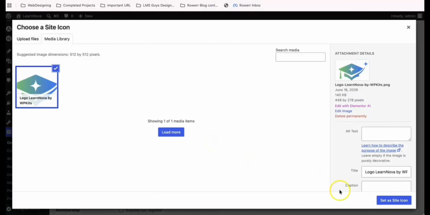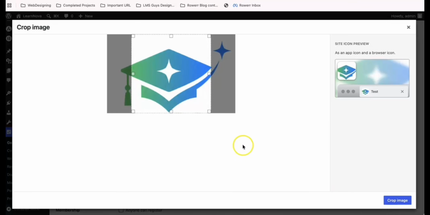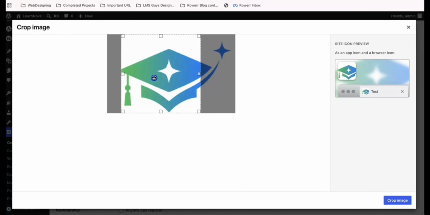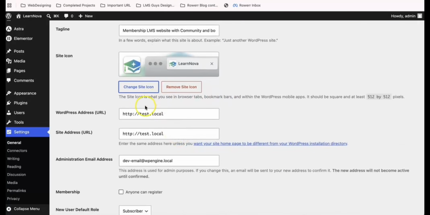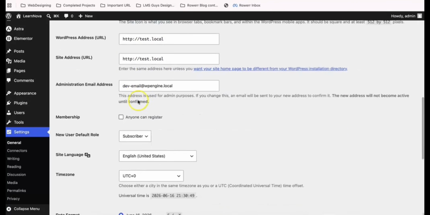We will use it as an icon. Okay, let's use it. Grab it, and yes, and from here we can